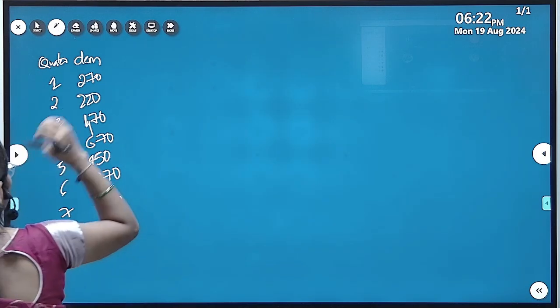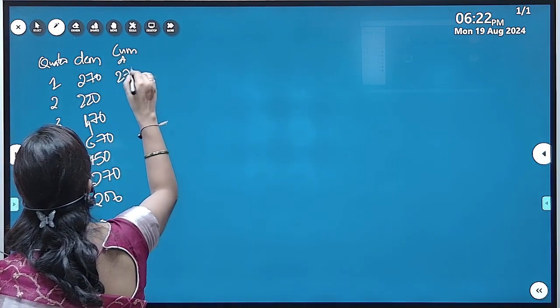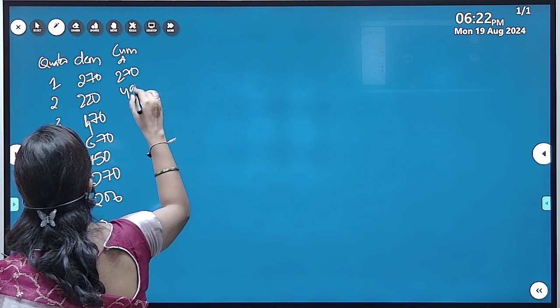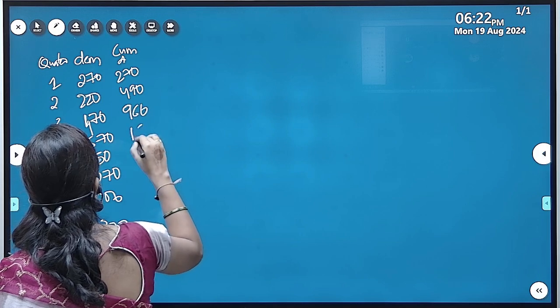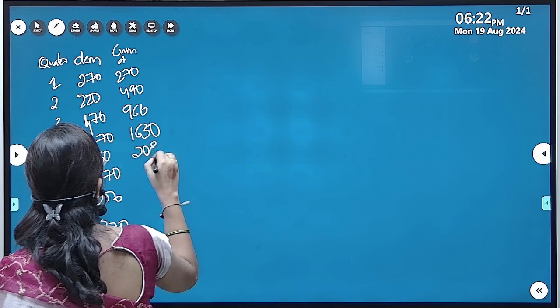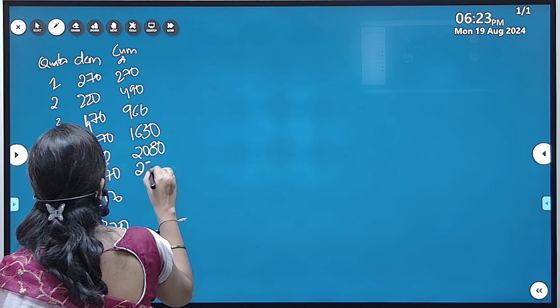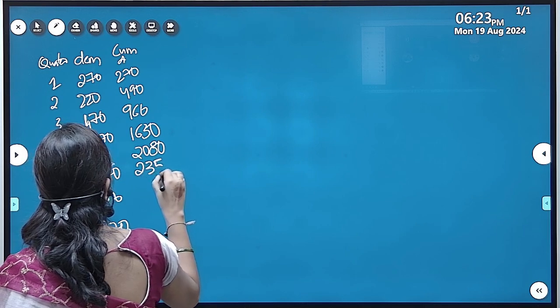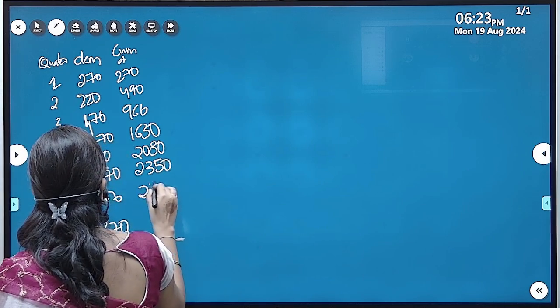Next, cumulative demand: 270, 490, 960, 1630, 2080, 2000, 350, 2550,